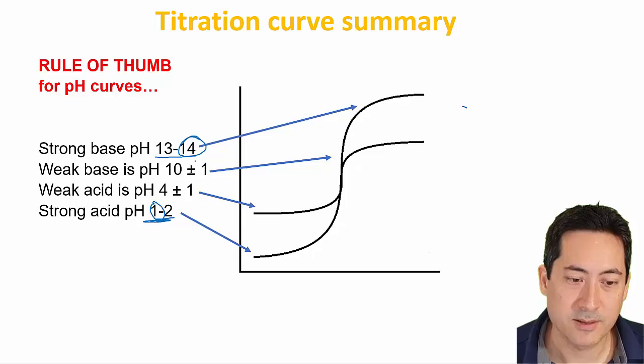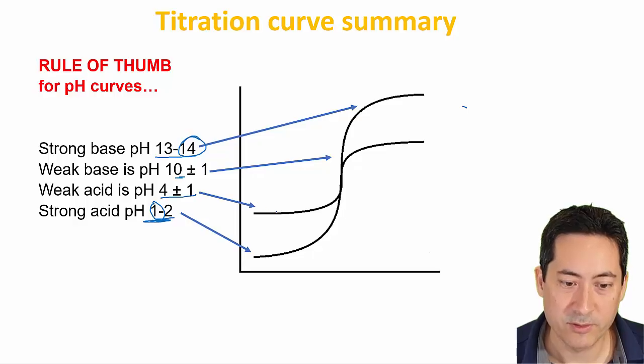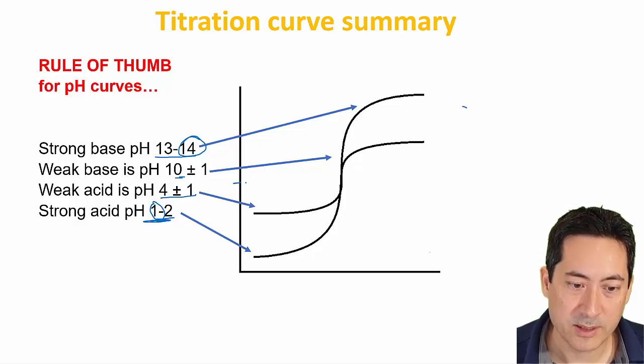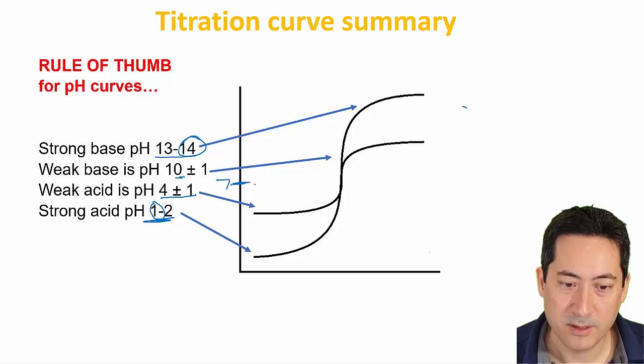Weak bases and acids are a little bit more difficult to define. So 9 to 11, 3 to 5 generally. And so you look for a 7 here. When you're looking to determine whether you've got a titration curve that's a weak acid or base, you look